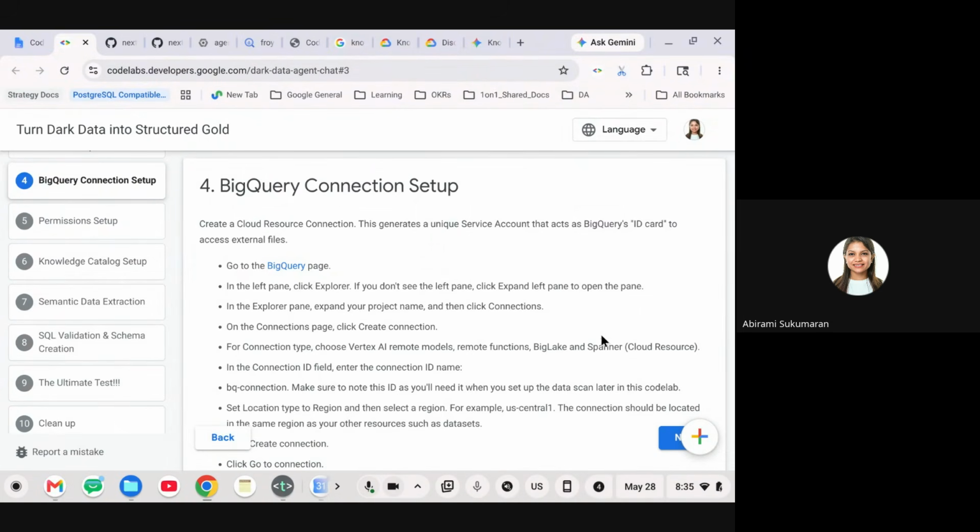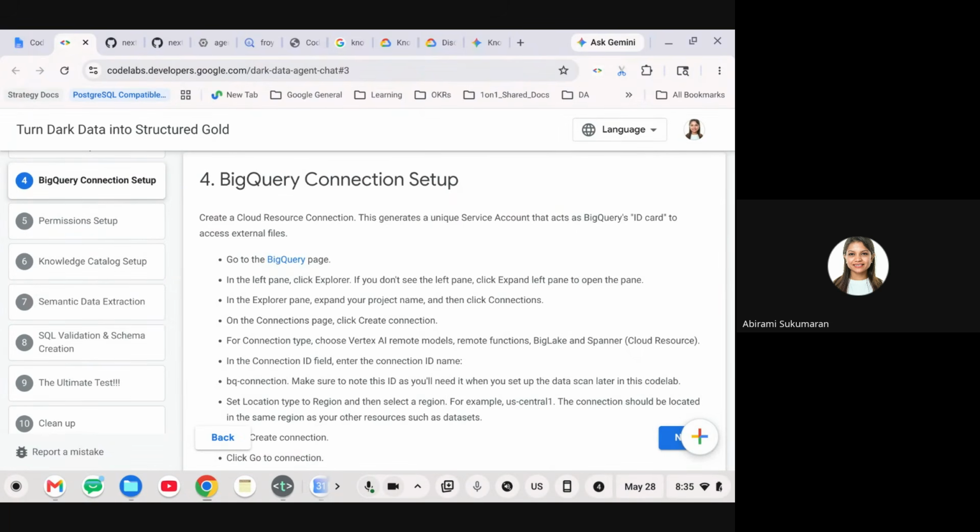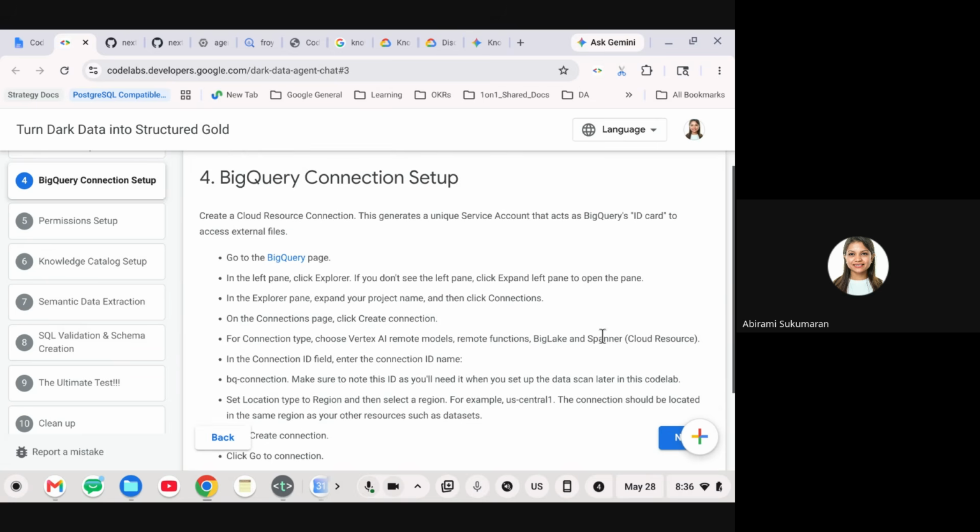So we want BigQuery to talk to the remote models and foundational models and everything that's present in the Gemini Enterprise Agent Platform. We want BigQuery to also talk to your data source, even if it's somewhere else. In this case, it's in cloud storage. But if it is big data coming in from another source, for example a different cloud, you will need to create this resource connection to whichever connection you're making, in order to make sure it is able to interact with the functions that we need it to.